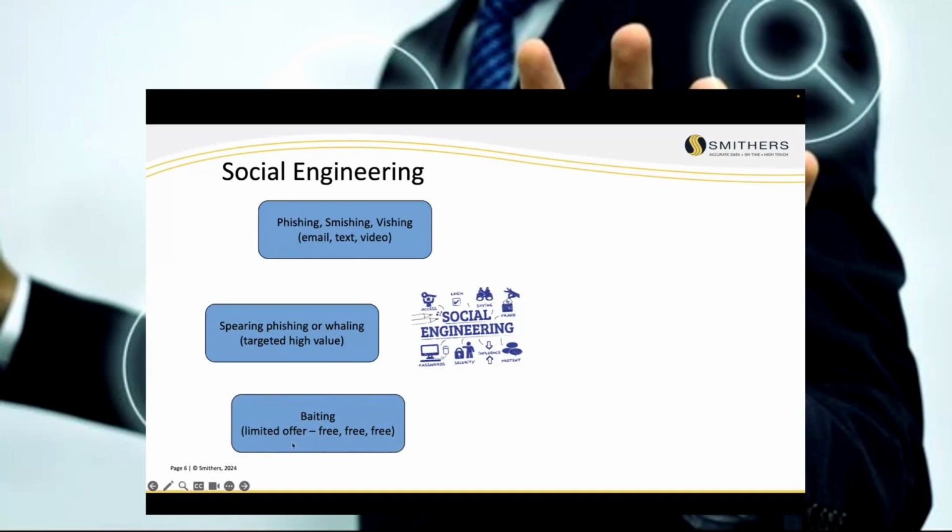Baiting is the best one. Baiting is the one where you get that one. Most of us are familiar with this one. You get the one that says, hey, the extended warranty on your car is about to expire. Please contact us. Or the other one, my favorite one that always comes out in April is, your Internal Revenue Service debt is still outstanding from last year. Must be resolved by the 15th of April, or you'll be facing fines and penalty and arrest.